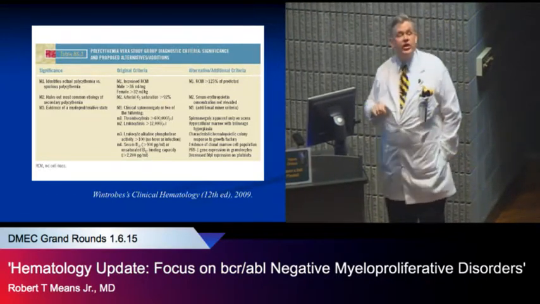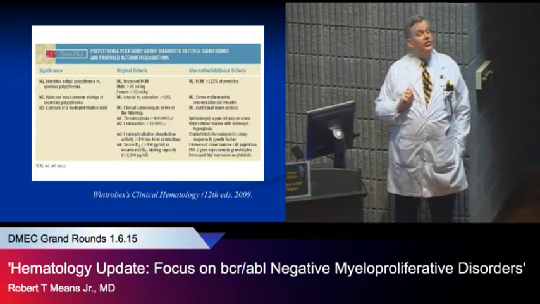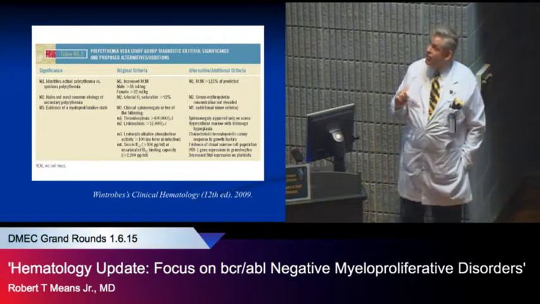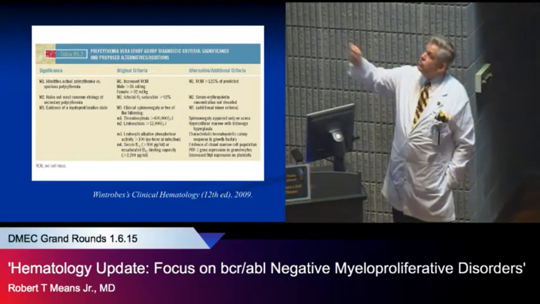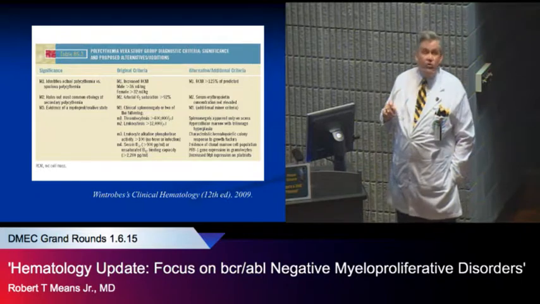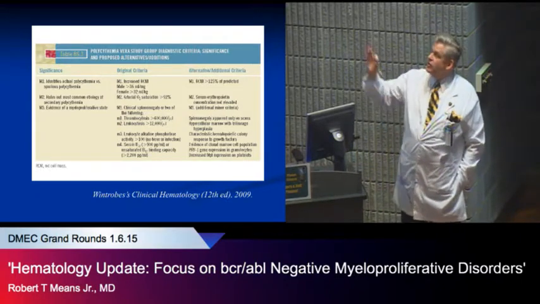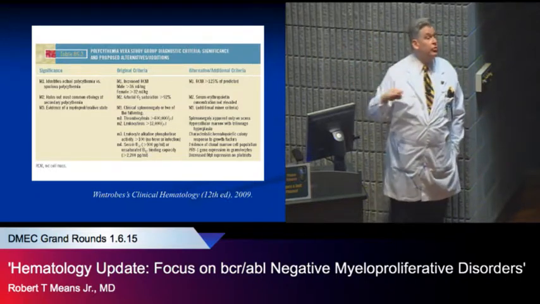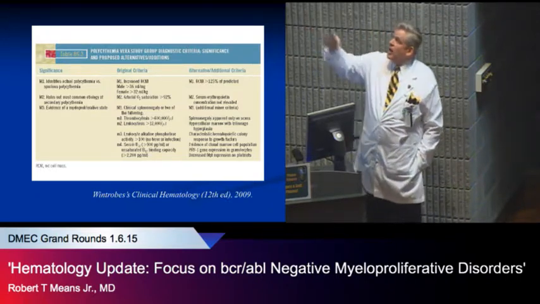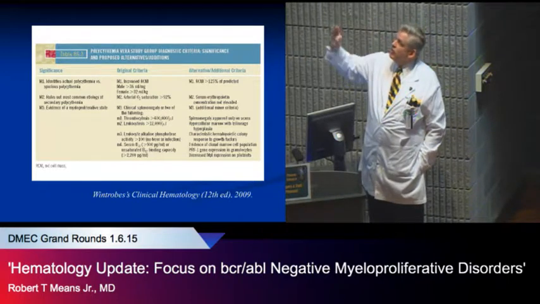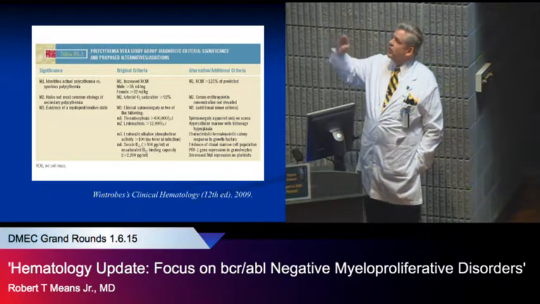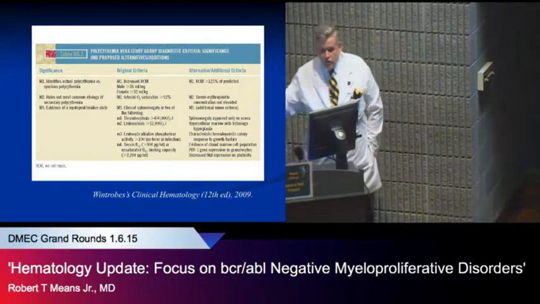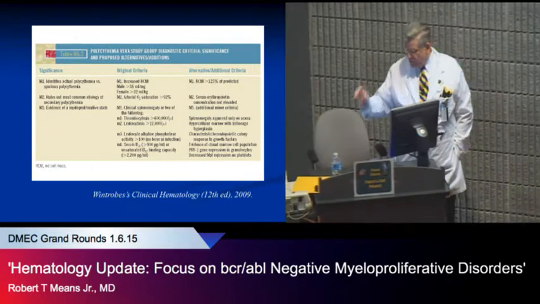Another way of looking at the same thing is to say that the serum erythropoietin concentration was not elevated. That is another approach to that. Finally, you needed to have some evidence of a myeloproliferative state. You could have splenomegaly, or a high platelet count, or a high white count, or elevated or abnormal leukocyte alkaline phosphatase without a fever or infection, or B12 challenges. So this is a helpful way of thinking about it.